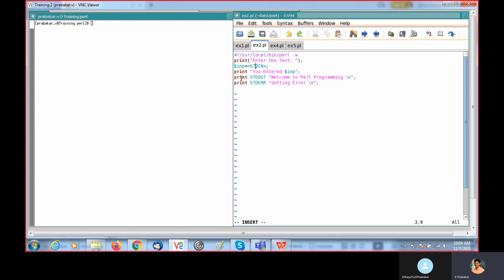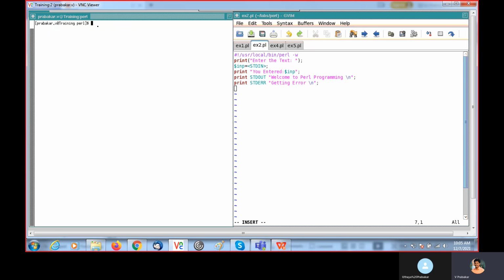Then I'm going to print "welcome to Perl program" using STDOUT. By default, print takes the STDOUT channel, so I didn't mention it. Whatever I mentioned here is passed through the STDOUT channel. And we have another output channel, STDERR, which we especially use for errors. So I will explain the difference.